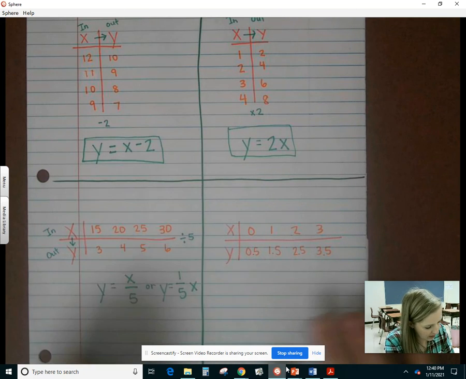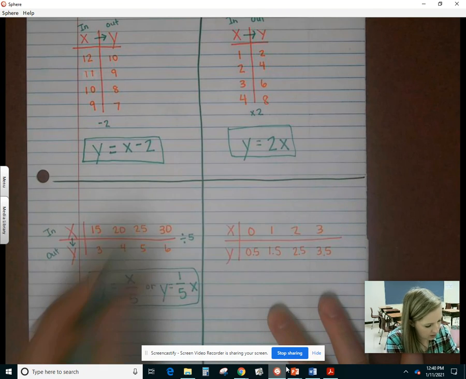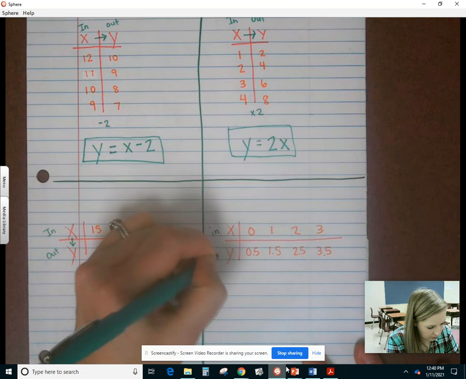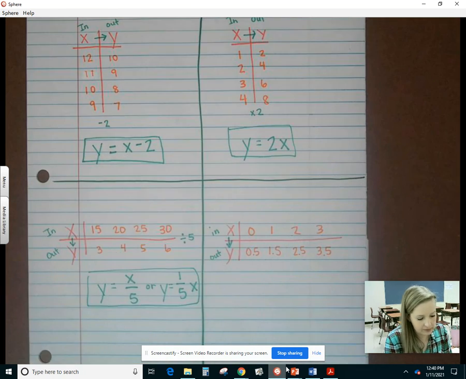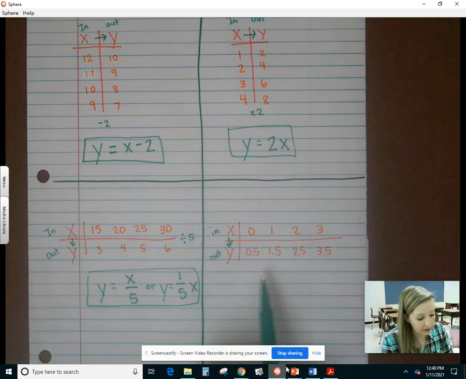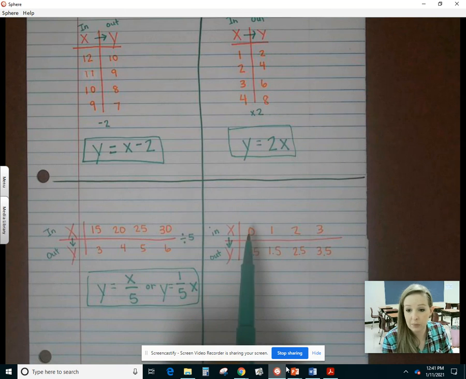Last example for today. Again, we've got our input and our output. What's happening to x to get y? It's getting smaller, it's getting bigger. 0 plus something